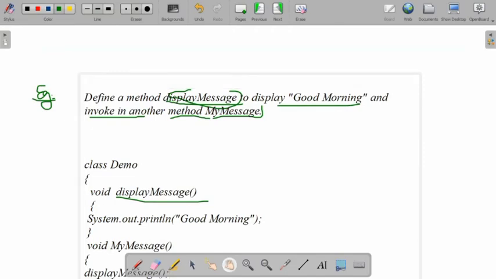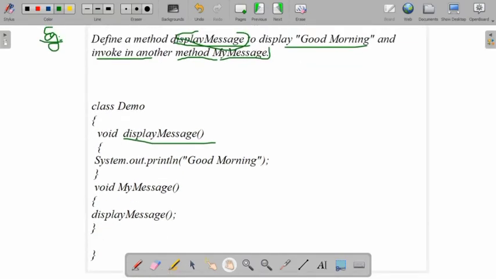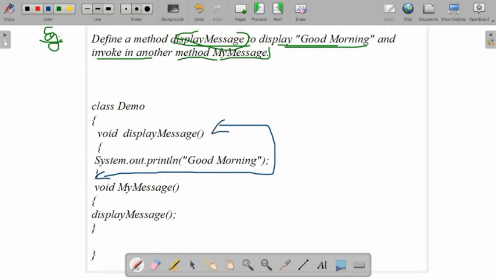Okay. So this is the way you will define a method and invoke the method. In the first method, display message has to display the good morning statement, using the println statement. In the next method, that is my message, we need to invoke the first method.